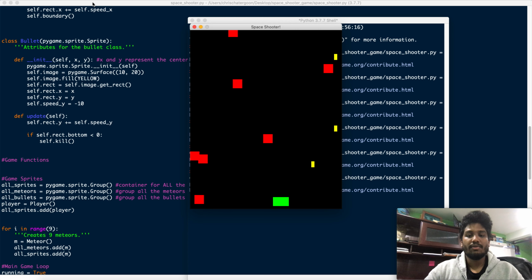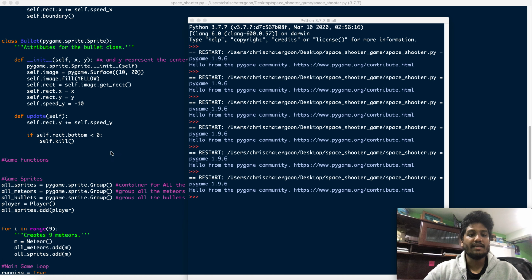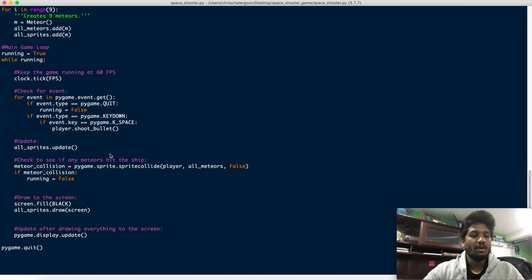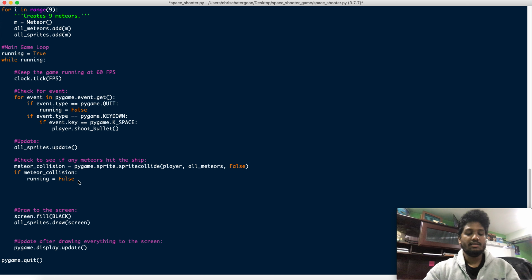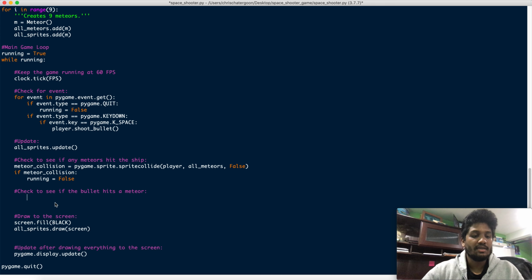Okay, the last thing that we can probably just do is let's have it so that when we shoot, we can actually see the meteor go away. So we're going to say check to see if the bullet hits a meteor. Now think about what a bullet is. The bullet is part of a group. The meteors are part of a group. So we can't use the sprite collide because the sprite collide only looks at a single sprite